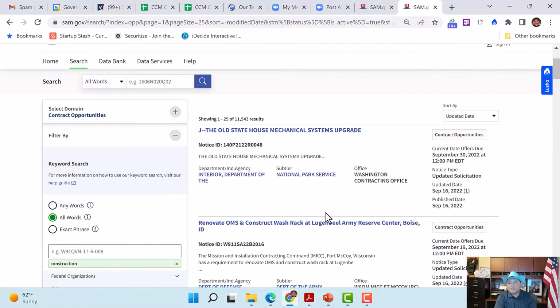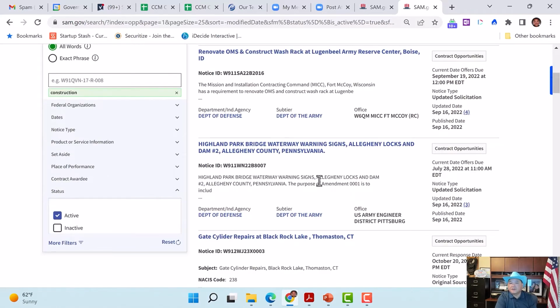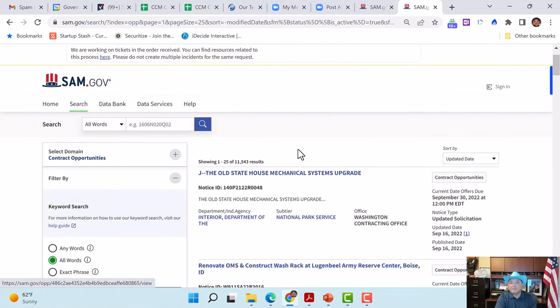All right, so I put in construction, and I see the Old State House mechanical system upgrade. So they're looking to do some upgrades on some mechanical systems here. I assume it's HVAC and heating systems and so forth. And it's actually due today. But let's assume I like this opportunity, or I can look for some other opportunities too. But this is how you find it.